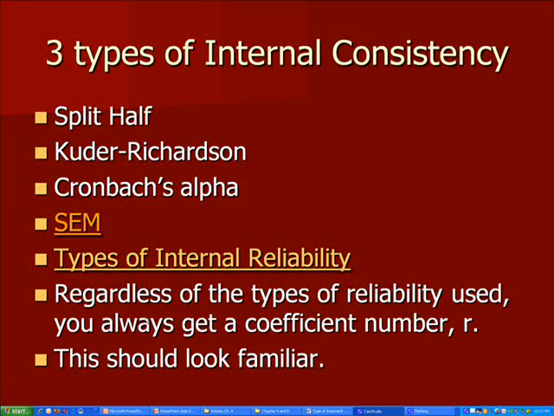I'm going to jump down here to the bottom of this. One of the things that you'll notice when you read about reliability is you get a coefficient number, R. That's kind of like a correlation coefficient. It's on a scale from 0 to 1, and the closer you get to 1, the more reliable the instrument is. Going back to this SEM,